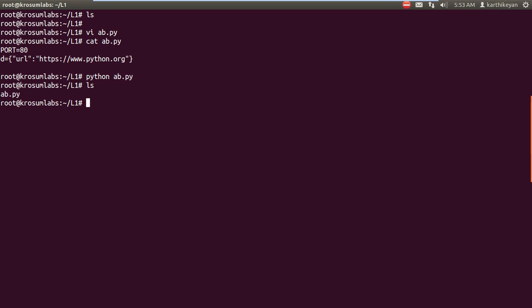Now I'll create one more file, p1.py, and write import followed by file name. The next line I'm writing print followed by file name dot member.